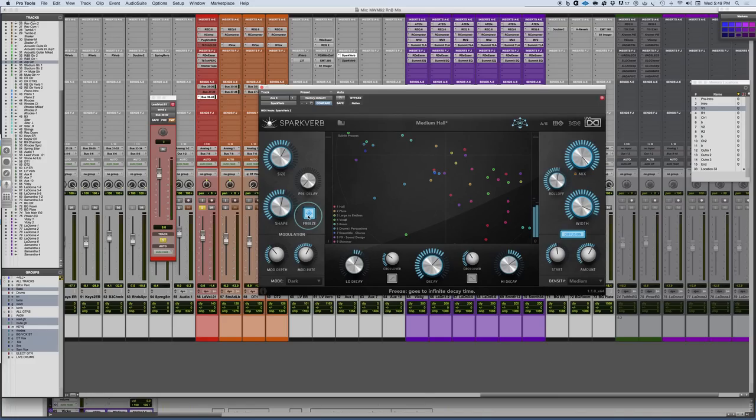And what it'll do is maintain an infinite reverb based on a sample of whatever it is that you got. So if you ever...